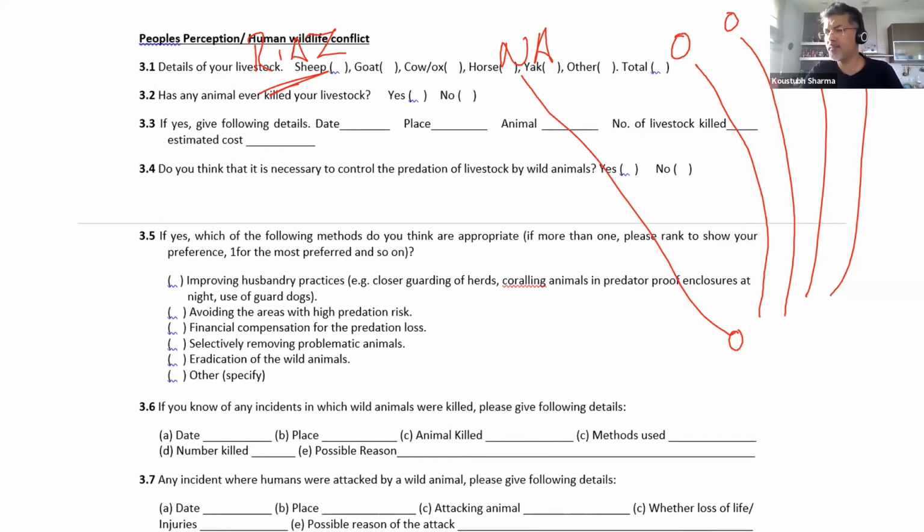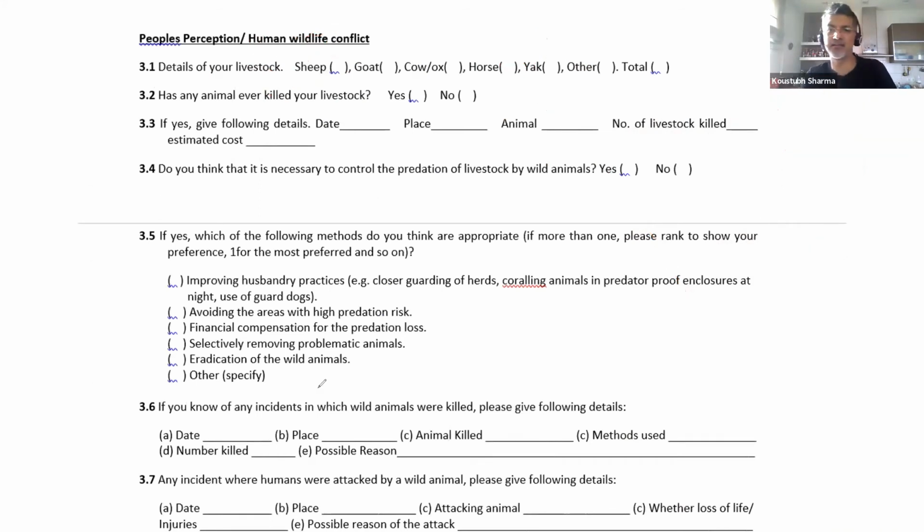Now, the third element, and this is where occupancy surveys can be multi-layered. They can generate multi-layered information. Though one must keep in mind that each additional set of information takes time, and you are probably risking exhausting the poor interviewee by every new question that you ask her or him. So it's always very important to take a call, maybe run a pilot and determine what are the key questions that one wishes to know. What is it that one wishes to know?